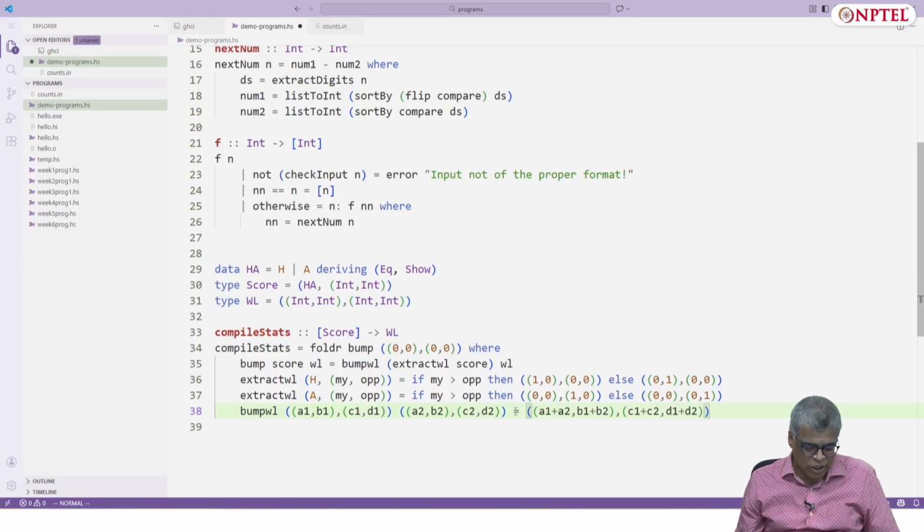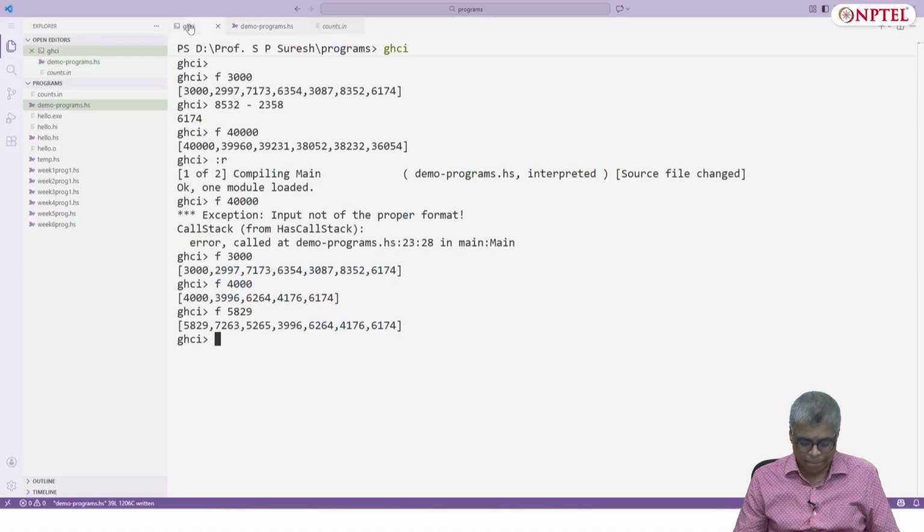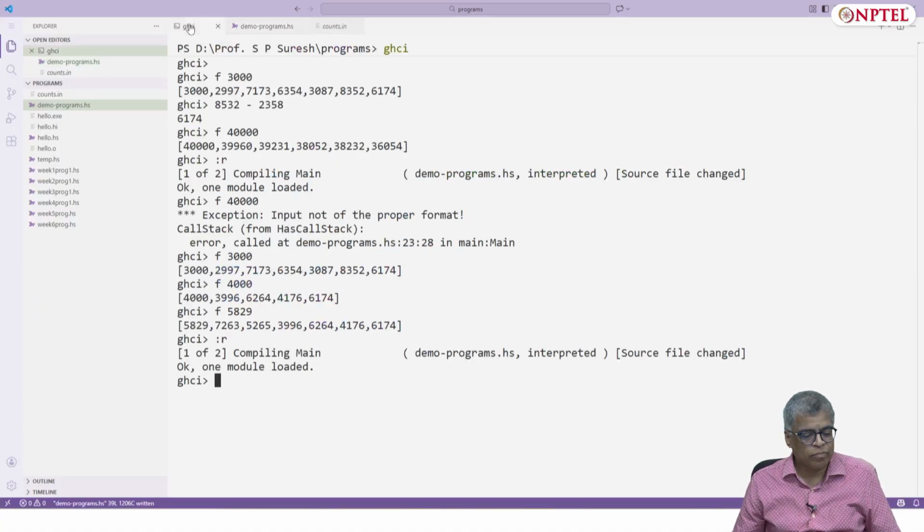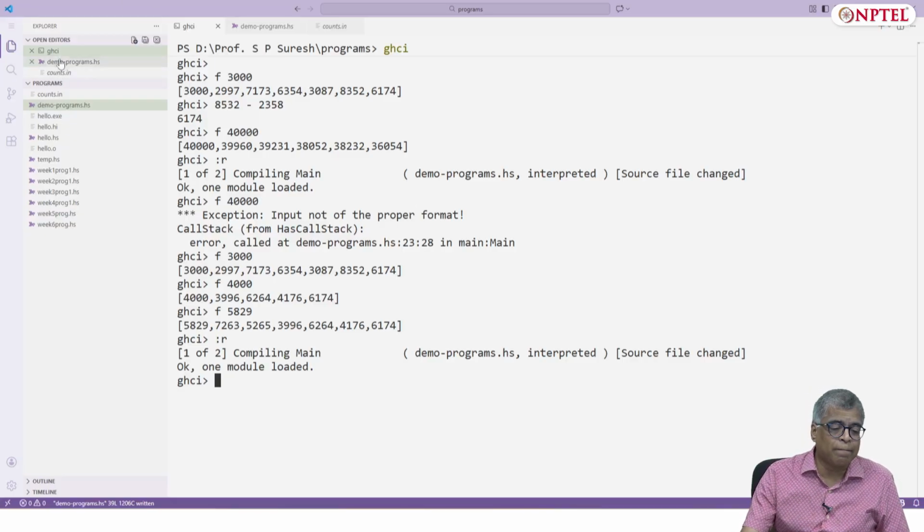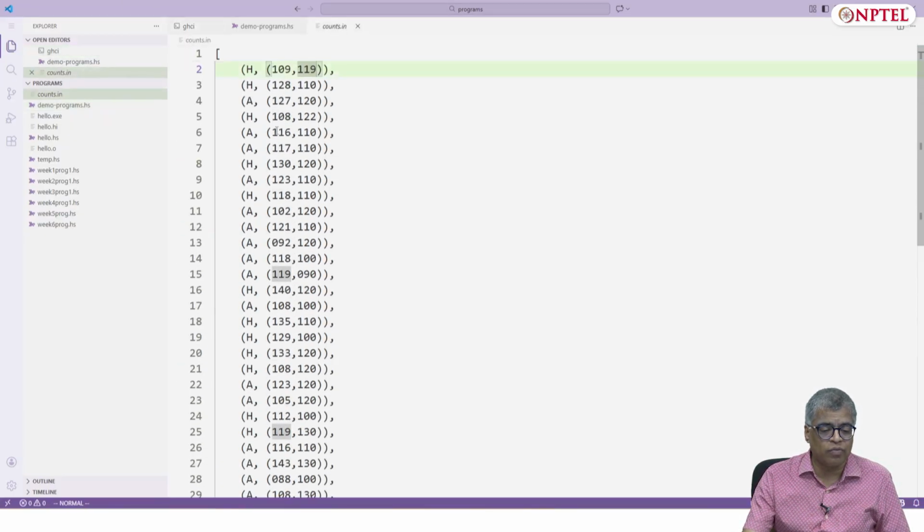Let's test it on some inputs. Let's first check if it compiles. Yeah, thankfully it compiles. I have some input here in this file called counts.in, which I will just copy paste onto GHCi.